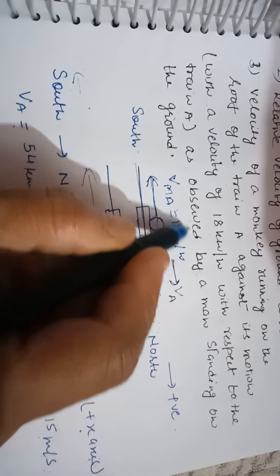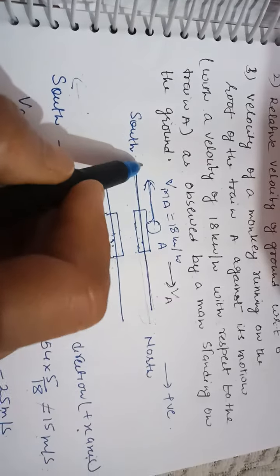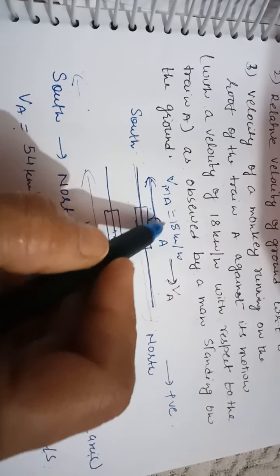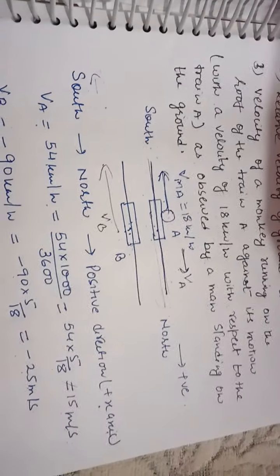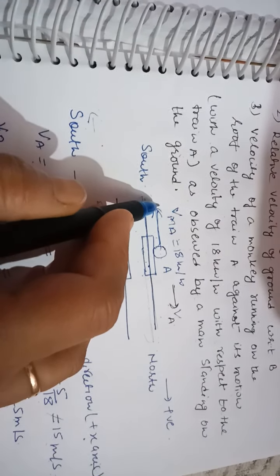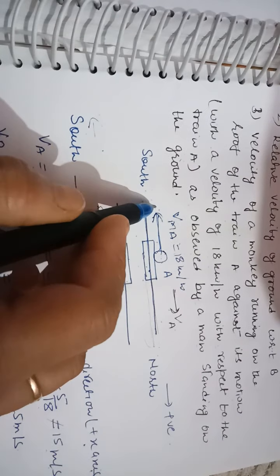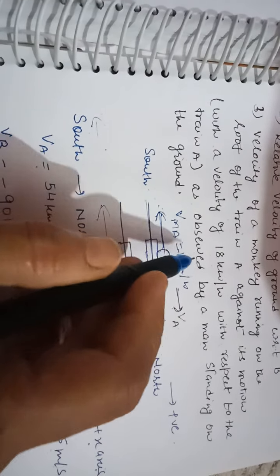But this relative velocity is what? Is in the opposite direction, means towards the south. So this must be negative. Okay, so train A is going ahead, the monkey is moving against it in the opposite direction with this relative velocity. So in which direction is the relative velocity? Towards south. That is why it should be negative. So you will write relative velocity of